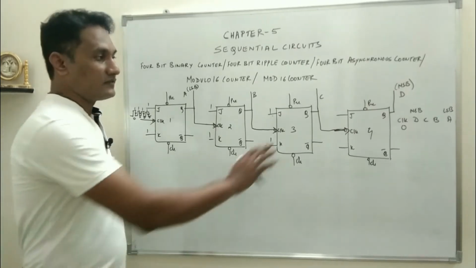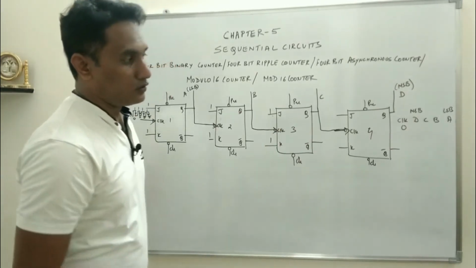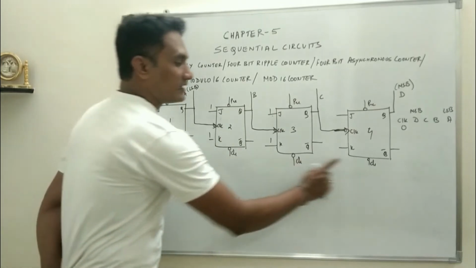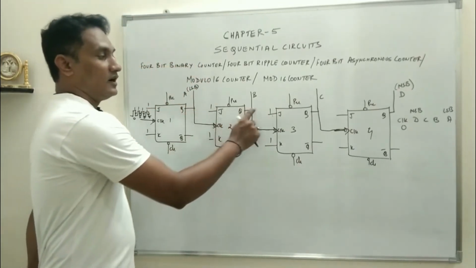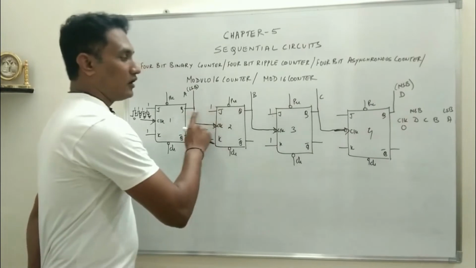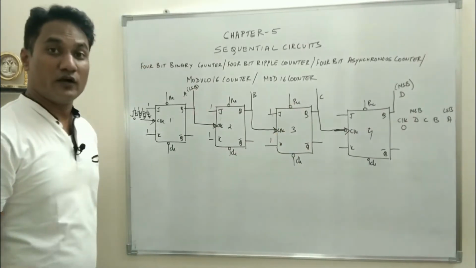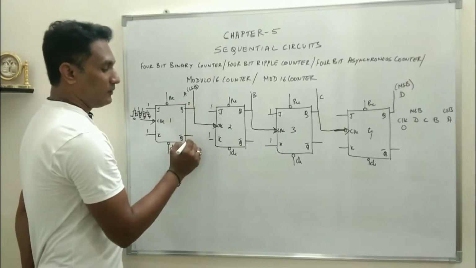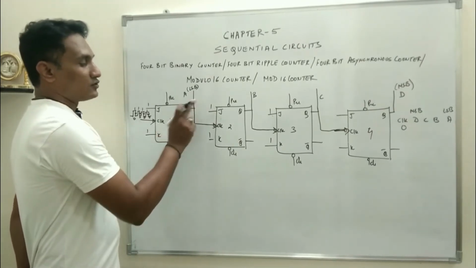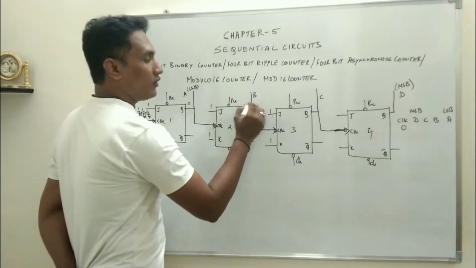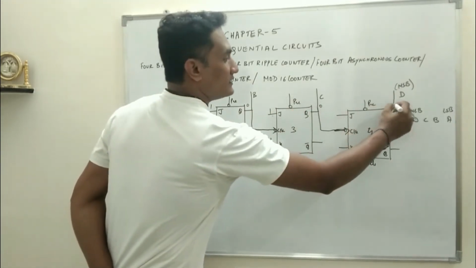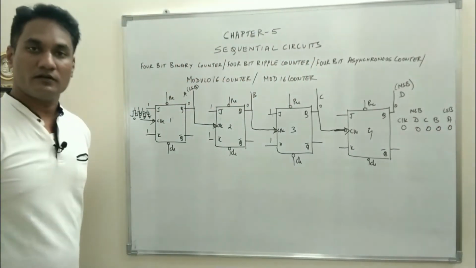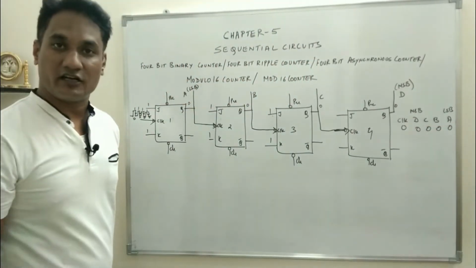As of now the clock is 0, so there will be some condition at A, B, C, D. If you activate the clear terminal, it will reset the output of all the flip-flops. All the flip-flops will go into reset condition, that means Q is 0, Q bar is 1. Of course we are not taking Q bar, so leave it. Q is 0, so the output of all the flip-flops will be 0. So that will be the first count, 0, 0, 0, 0. This is the initialization state of the counter.